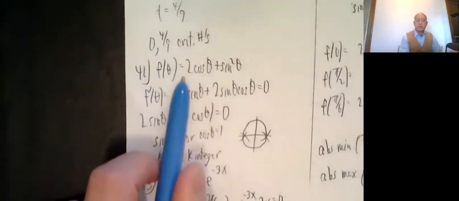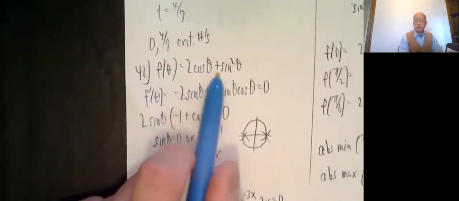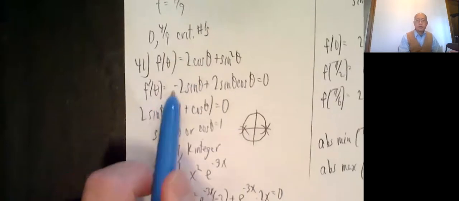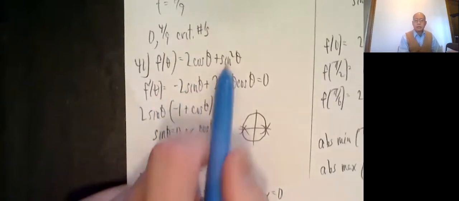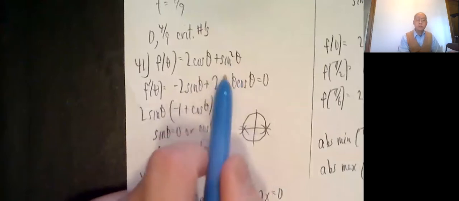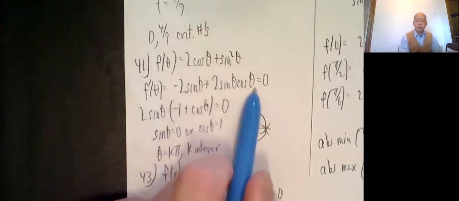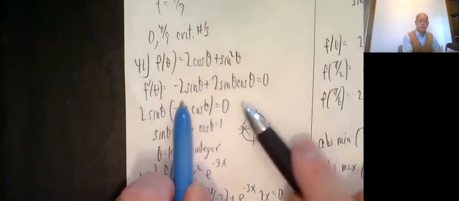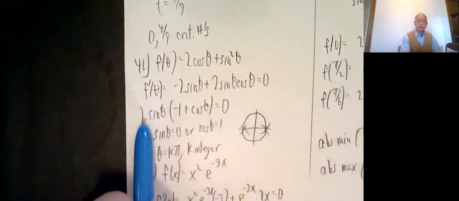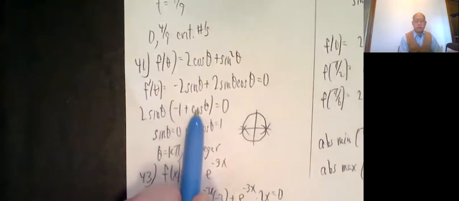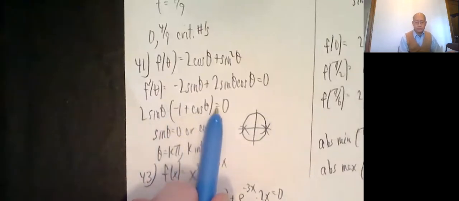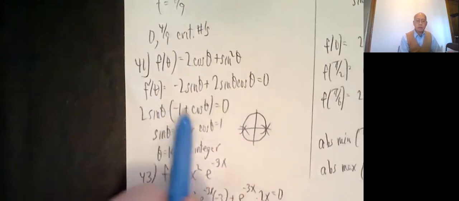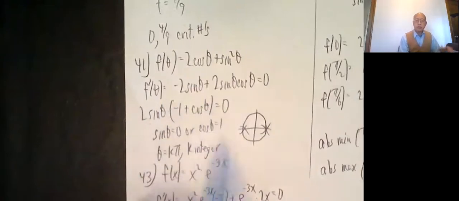41, f of theta equals 2 cosine theta plus sine squared theta. So the derivative is negative 2 sine theta plus chain rule 2 sine theta cosine theta equals 0. There's a common factor of 2 sine theta. So factor out 2 sine theta. Negative 1 plus cosine theta equals 0. This product equaling 0 means either sine of theta is 0, or this thing equals 0 means cosine theta equals